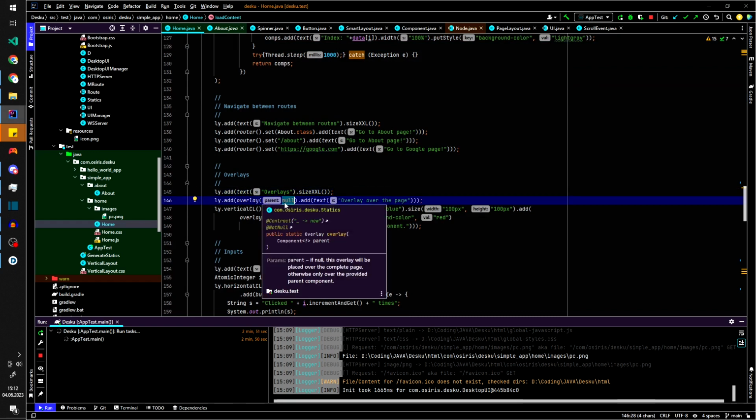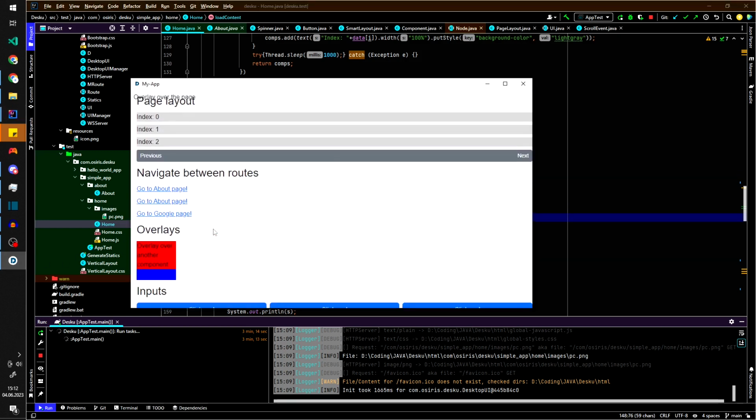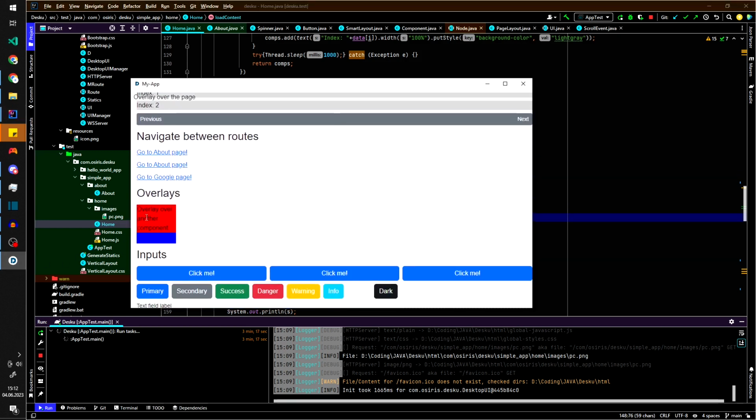If you provide null as a parent, it creates it over the complete page. Otherwise, if you provide a parent, right here, it's the last child. So in this case, the last added child to the layout is the vertical child layout right here. And yeah, this is the example right here with the red and blue one. So we have an overlay over the